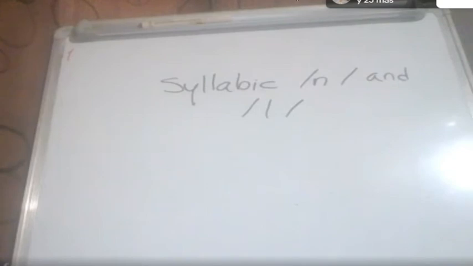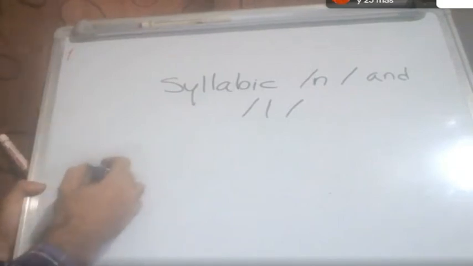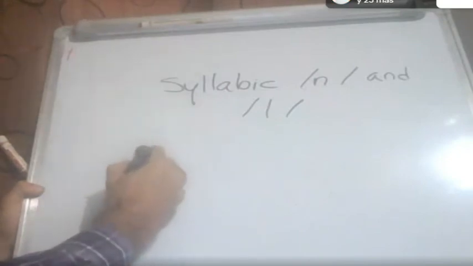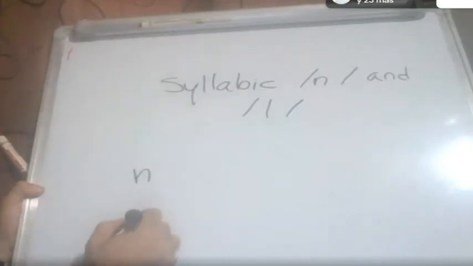Okay, it affects only the l and the n, and this happens when you have a stressed syllable, or let's say unstressed syllable, basically, right? When you have an n and